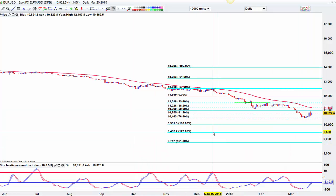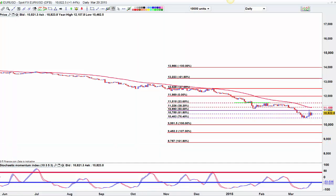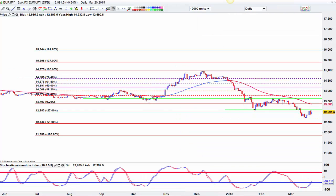We haven't seen the 50 EMA since December 16. It's so weak. Like I said, I would just stay put out of that. And Euro Yen, same story. Need to wait until